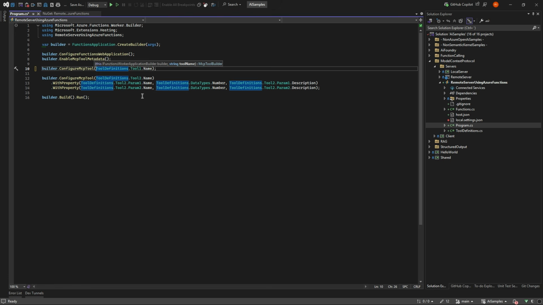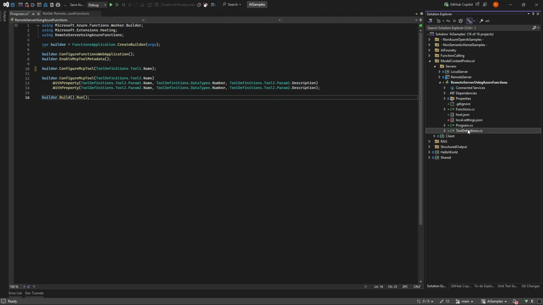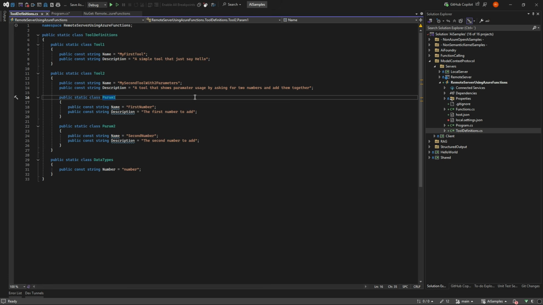I made a little tool definition here, which is just strings. You can choose the format. There's no rules about any of this. But essentially, my first tool is just a name, which is just called my first tool. Can't have spaces in it.